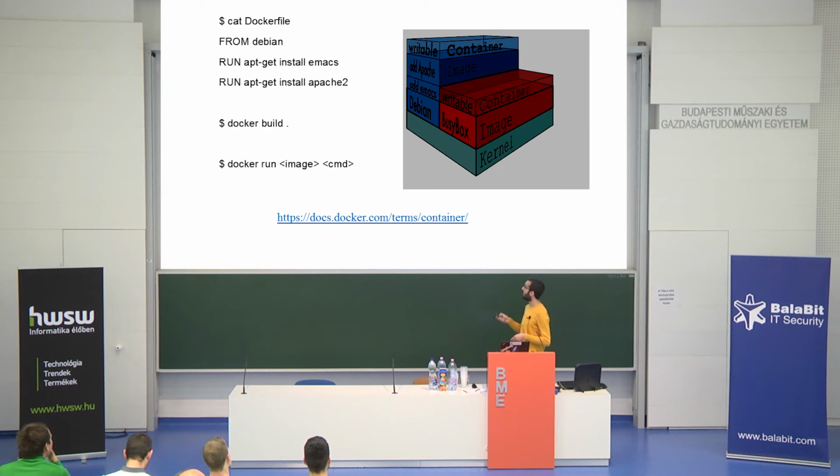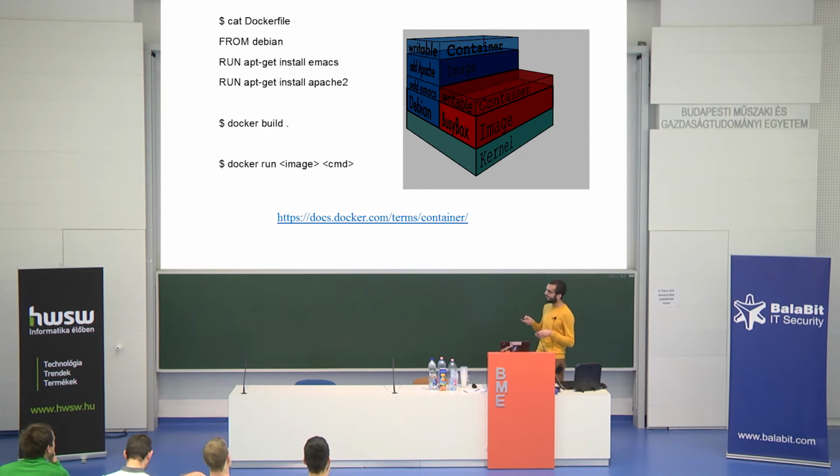The first line, FROM debian, basically says that Docker should use the Debian base image. The base image is basically the smallest thing that you can run as a container. It's the smallest set of libraries and binaries that can be used as a container, and it's usually distributed or created by the distro. So Debian people will create Debian images, Fedora people and Red Hat people will create much better Fedora images and stuff like that. So this is the first line.